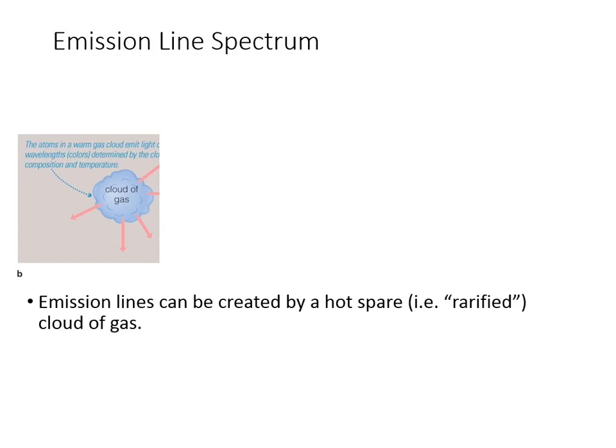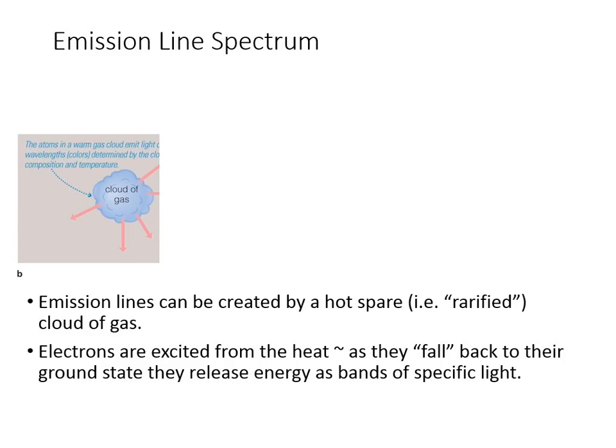An emission line spectra, now that's like your light bulbs, okay? That requires that you somehow get a gas excited. In outer space, you'll run into a nebula, which is a gas cloud, and it is actually heated, and so it's glowing, okay? And that glow is an indication of the chemistry or the elements that are in that cloud. So we call that kind of being rarefied. It's hot, rarefied gas, okay?